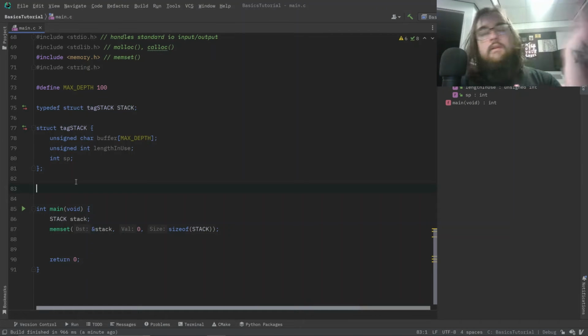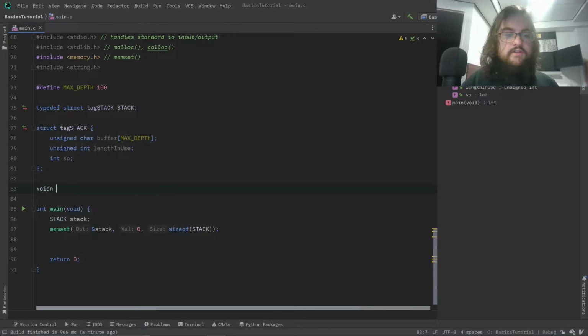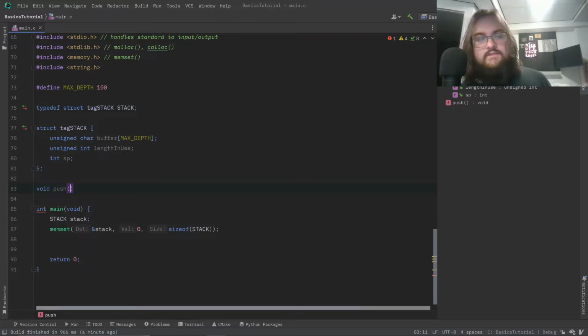So the first function is a void type called push. This function makes obvious sense for obvious reasons. Push is going to be responsible for shoving a value into the